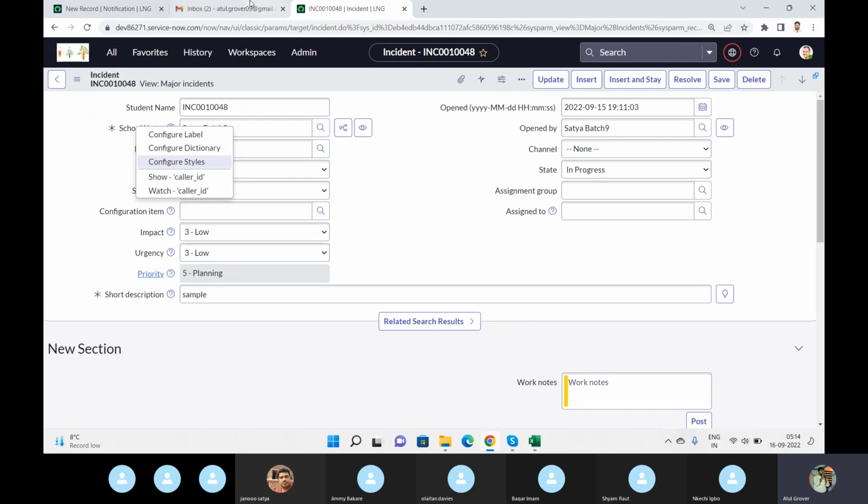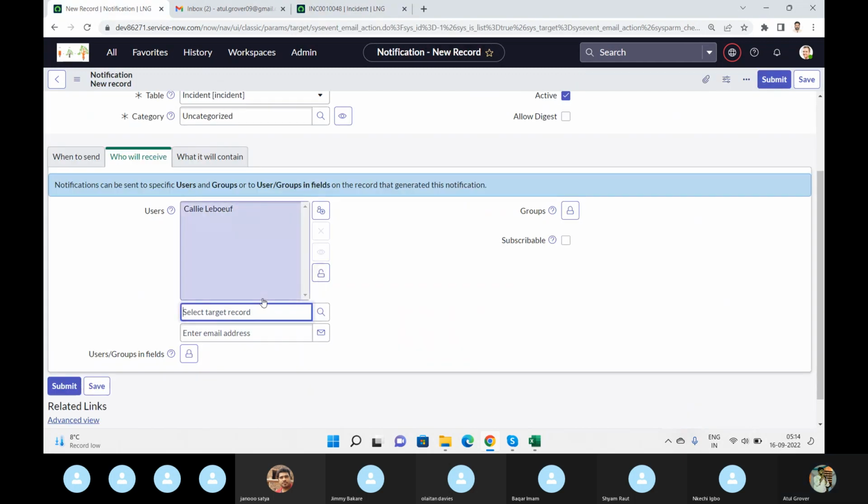Caller underscore ID. Here I am doing the hard code part, which is not required for me, right? You can put, so hard code means let me put